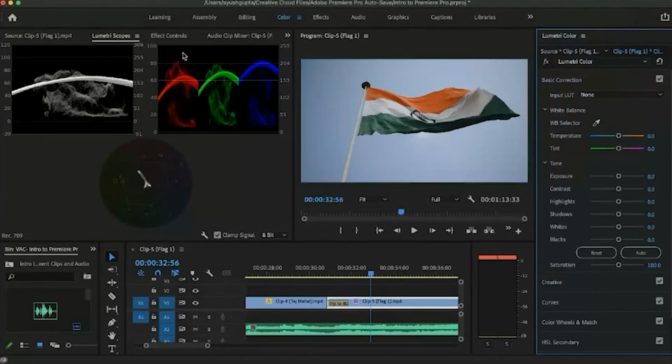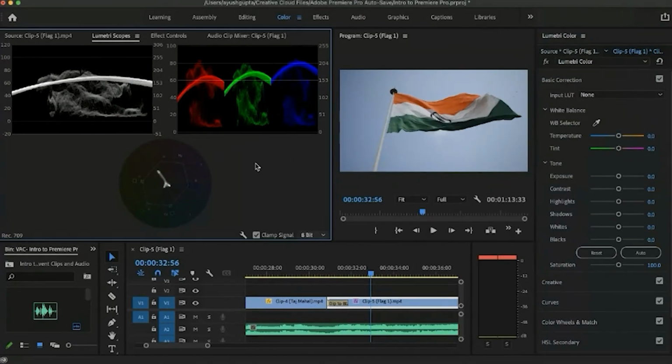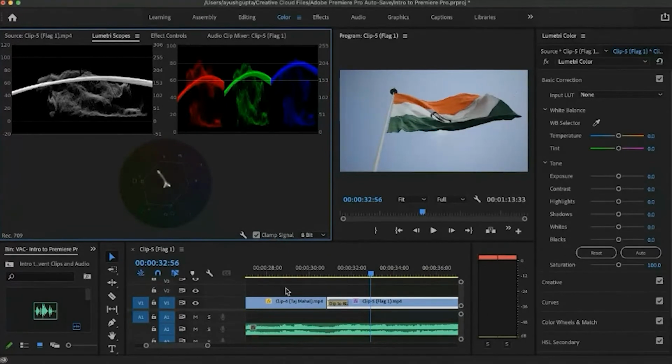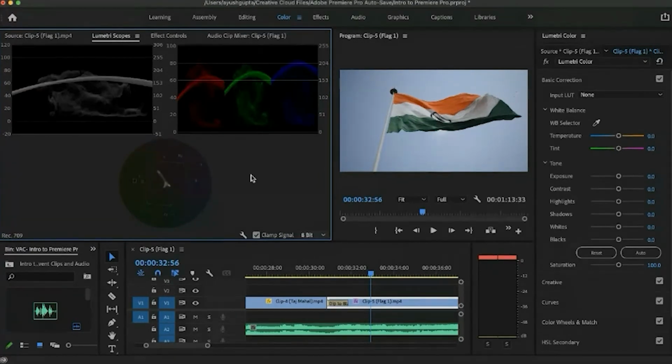And the same goes for the RGB panel. And this color wheel you see, this is the vector scope. So I'll zoom it a bit. If this is not visible in your window, then you can just right click and tick vector scope, YUV, parade RGB, and waveform. Click on these three and tick these three. And if it's a bit dark, then go to brightness and click on the brightest. Otherwise, if it's dimmed, it won't be that visible.